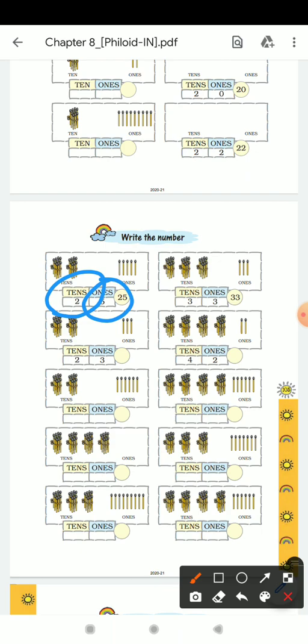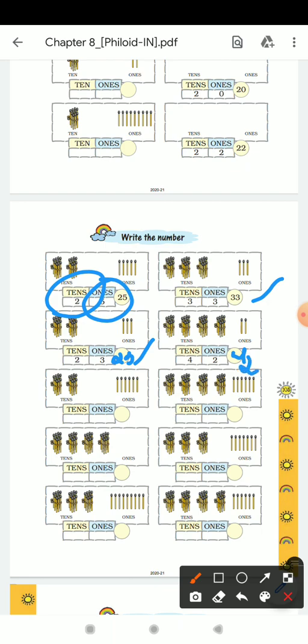From the second line it is done already. Now come to the third line, second line, first row. Here it is written 2 and 3, so the number is 23, that we have to write in a circle. Okay, next, 42. So here we have to write 42 in a circle.